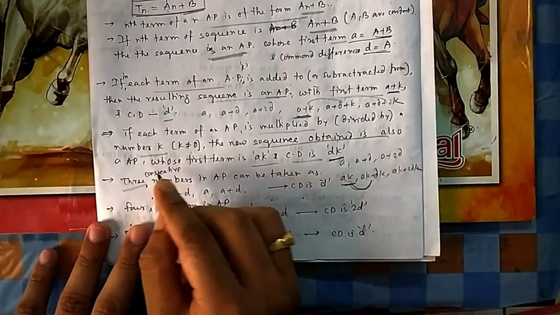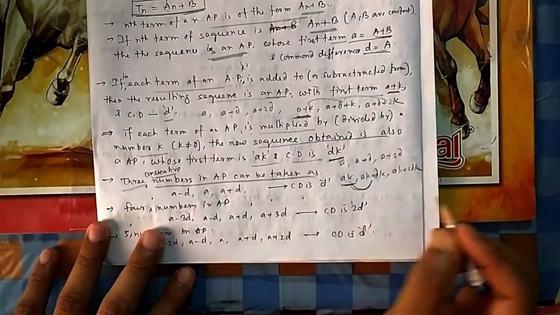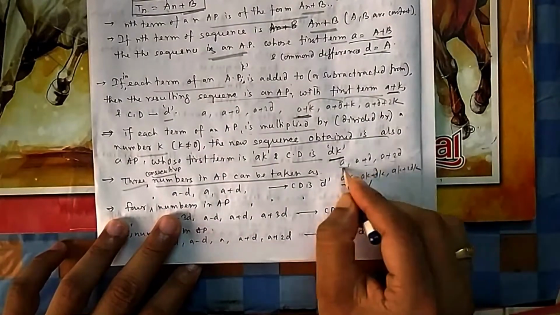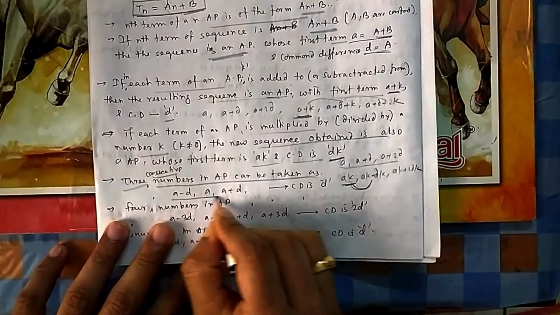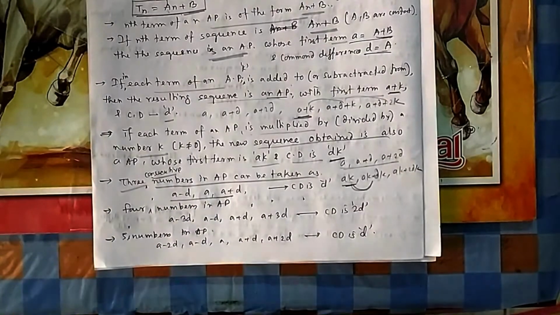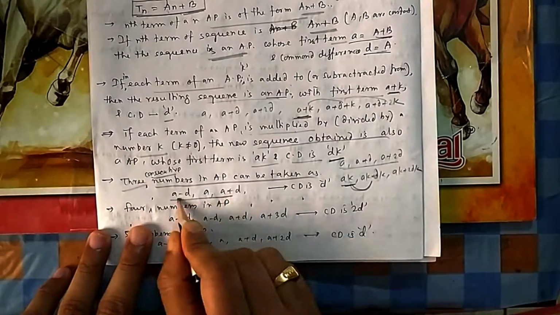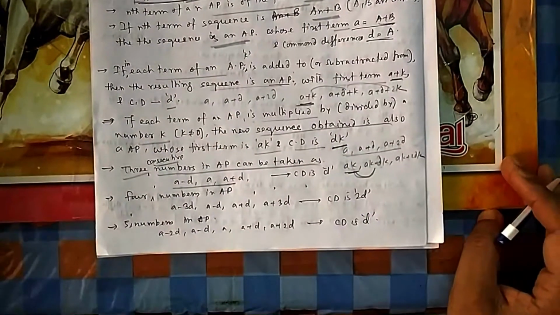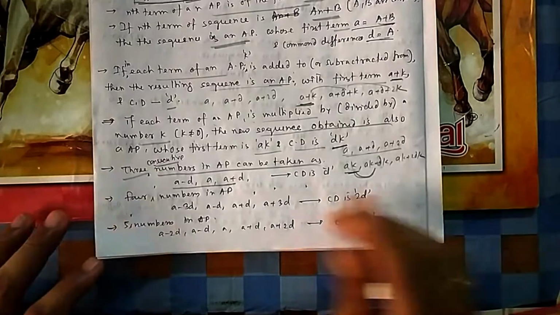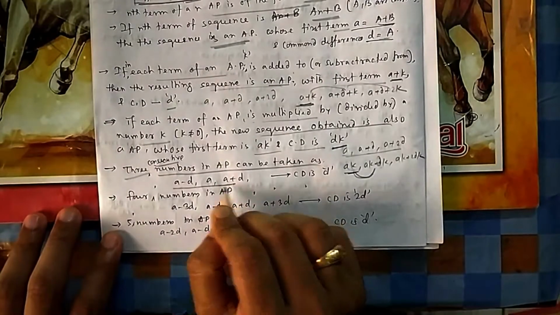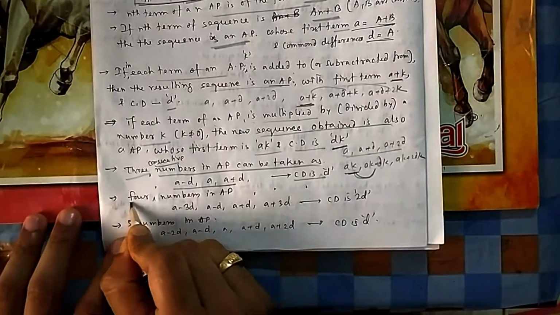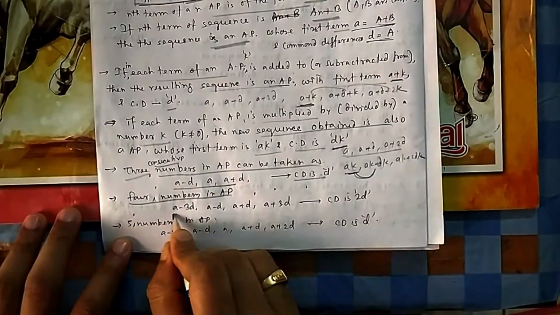Now some questions. If you want to take 3 consecutive terms in AP, you can take any numbers, A, A plus D, A plus 2D, no issue. But generally we take this one, A minus D, A, A plus D. This will make our life easier, because if you add these, D will get cancelled. So one equation you will get easily, you can solve it in your mind also. So your computational burden will get reduced if I take it in this format, whose common difference is D.